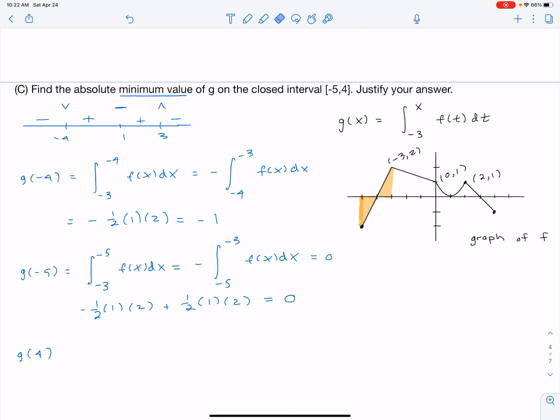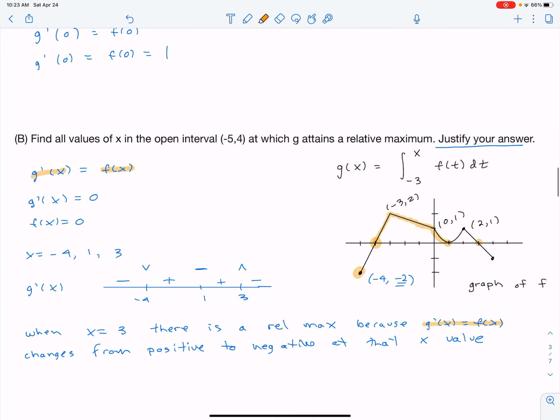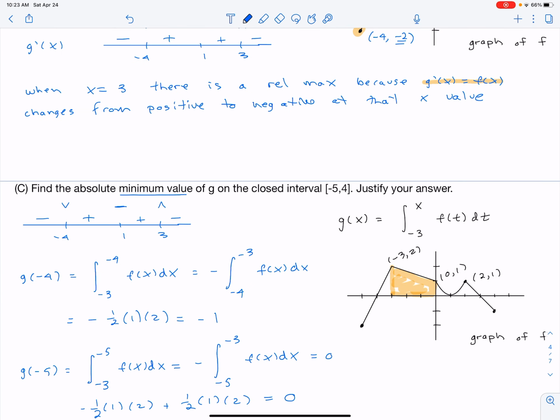Then we have to find g of 4. I'm going to get rid of those. So what is g of 4? g of 4 is going to be equal to the definite integral from -3 to 4 of f of x dx. So I think you'd agree it's going to be quite a bit. It's going to be this piece, right? Which, by the way, we already found. That was 9/2. I'm just going to put a little note there. So this was 9/2 plus,